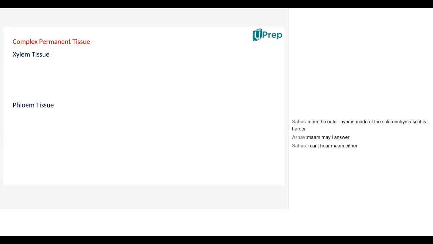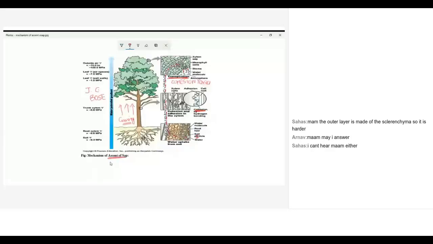What we are talking is, someone wants me to explain the ascent of sap theory in shortcut. That's where we are, isn't it? So here the whole point of this mechanism is to understand how water from underground is moving in upward direction against gravity. How the plant is managing to transport water from soil in upward direction against gravity. That's the concept, basically.